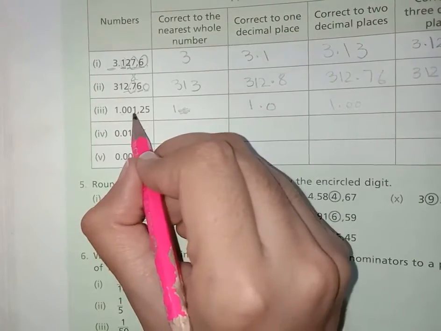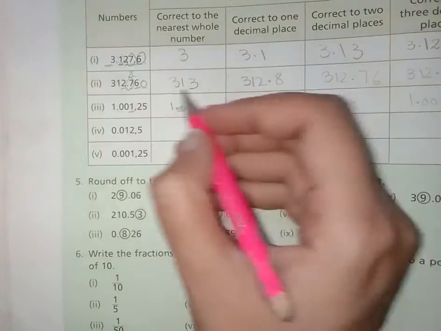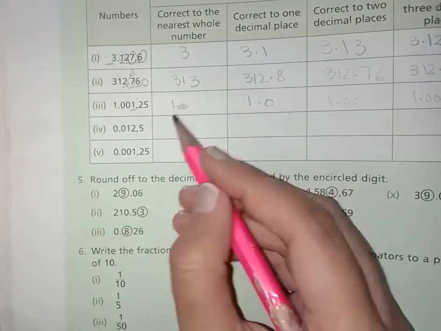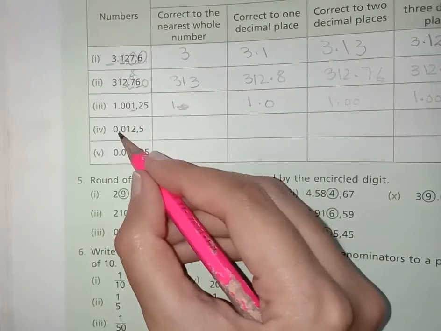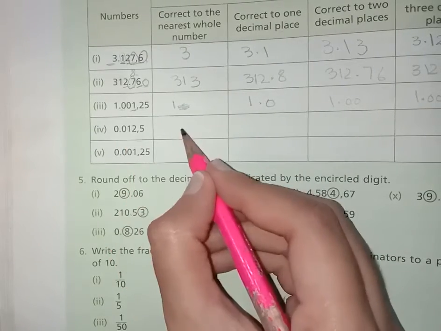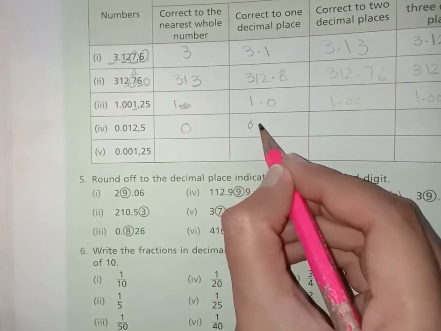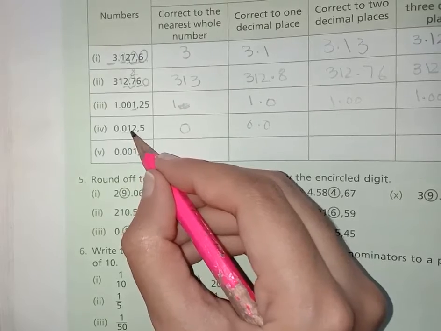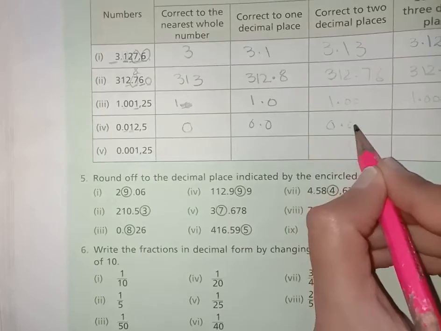3 decimal places, it is 1.001. The 4th and 5th decimal places, they don't ask any question about the 4th and 5th decimal place, so we don't write it. Now the whole number is 0, after the point it is also a 0, so we can write only a 0. 1 decimal place is 0.1, we can write it as 0 because the next digit is 1, which is not above 5. Next is 0.01.